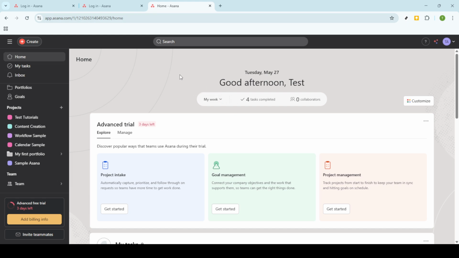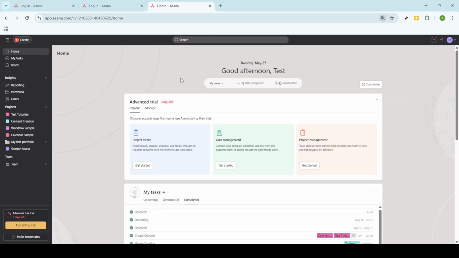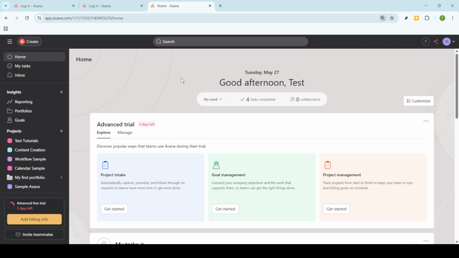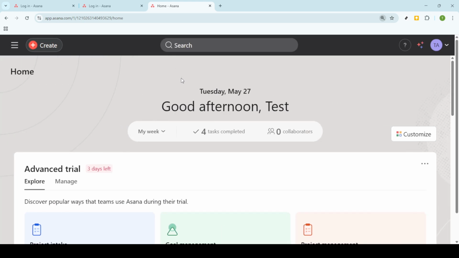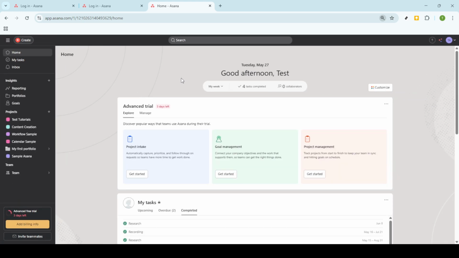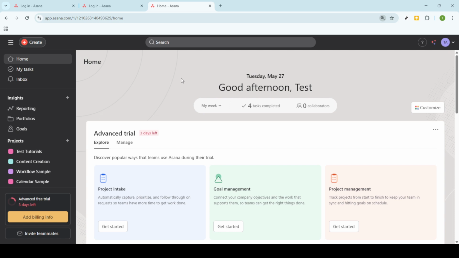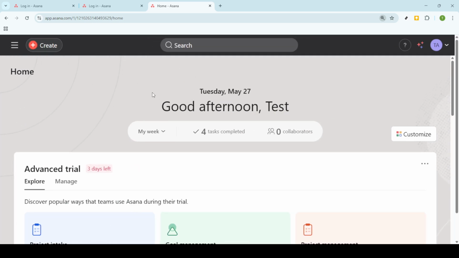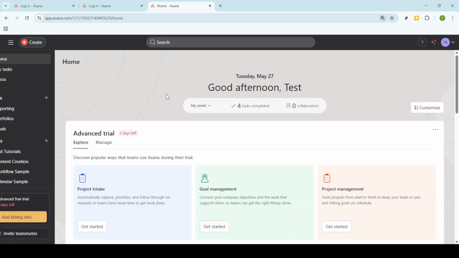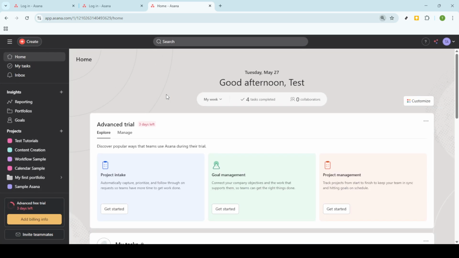To zoom in on Asana using your keyboard and mouse, hold down the Control key on your keyboard. While holding this key, move your mouse's scroll wheel upwards. This action will zoom in the screen, allowing all elements to appear larger. It's a fantastic way to make text and icons more visible. Conversely, if you want to zoom out, keep holding the Control key and scroll your mouse wheel downwards. This will reduce the screen element's size and help you view more of your dashboard without scrolling horizontally or vertically